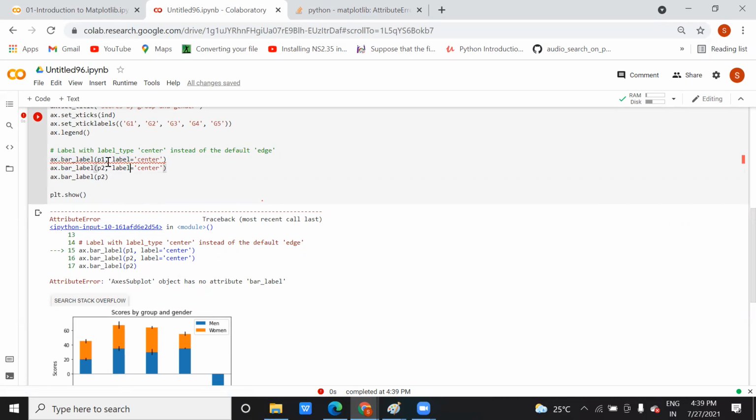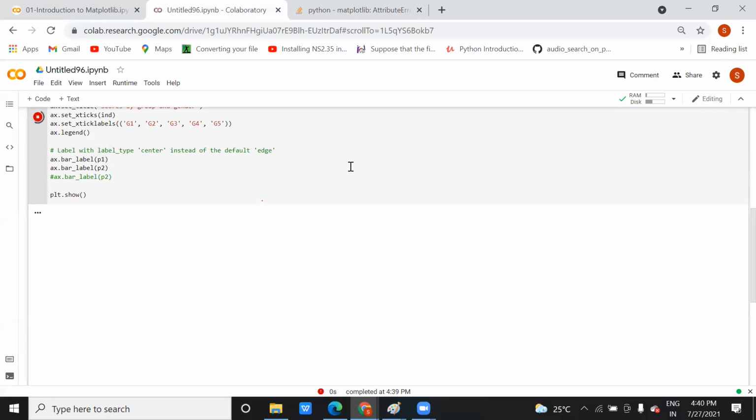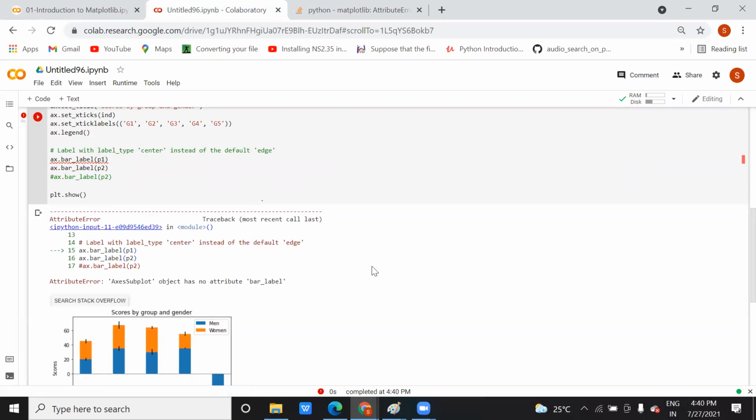Okay, let me check. Okay, bar label, it should not have.